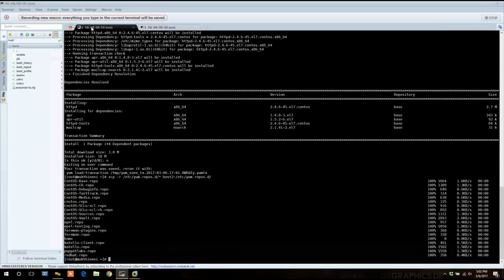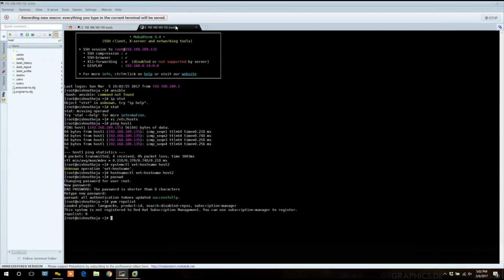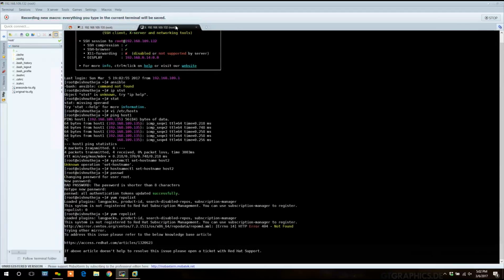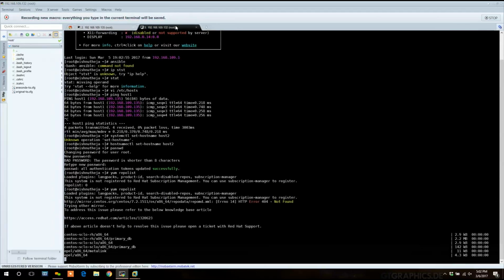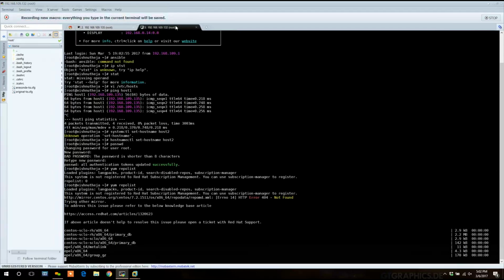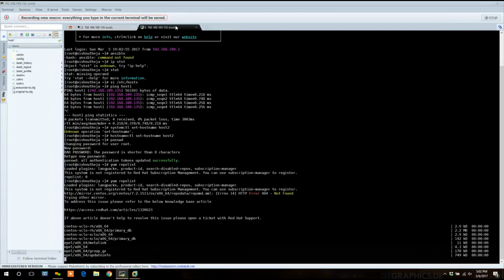This will copy all the repo files to the remote machine. Now run the same command again. It will pick up the newly copied repo file and gather the data. It will create a temporary database from the internet with the available RPMs in the remote repository server.